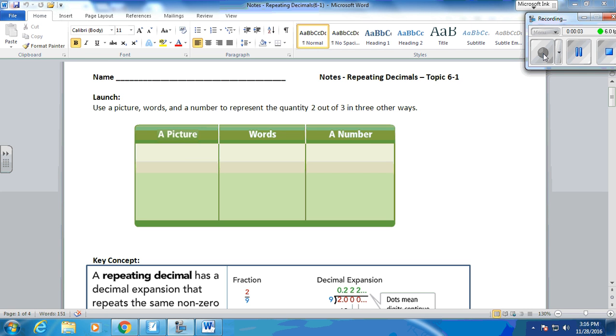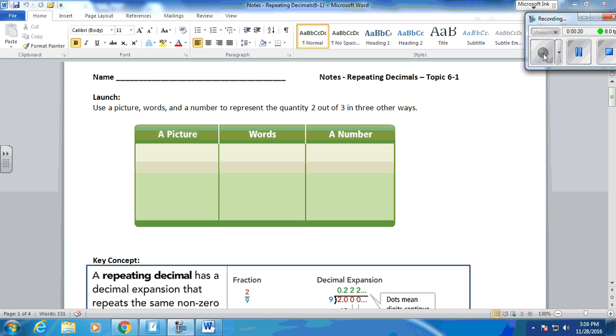Welcome to Notes on Topic 6-1. This is the first topic of our first lesson of Topic 6. We are going to be talking about repeating decimals today. This topic is going to be revisiting percents eventually, so we just want to continue to talk about the relationship